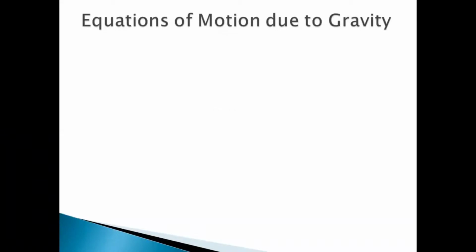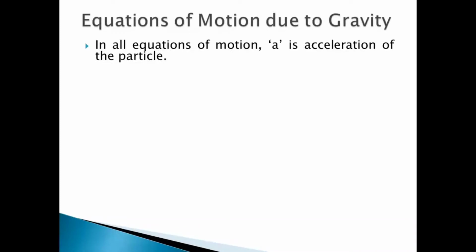So in all these equations, there was one term called small a, which was acceleration of the particle, correct? Now, when this acceleration is there, that we have seen only for motion in straight line in horizontal direction, okay? But when there is motion in vertical direction, then there is one thing that comes into picture, which is always constant, and it is acceleration due to gravity, correct? So this acceleration due to gravity, small g, is always acting when there is motion in vertical direction, okay?